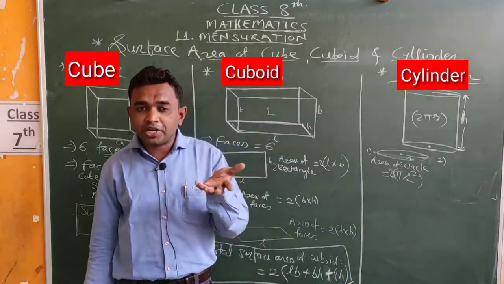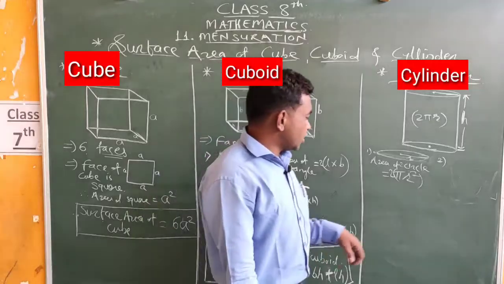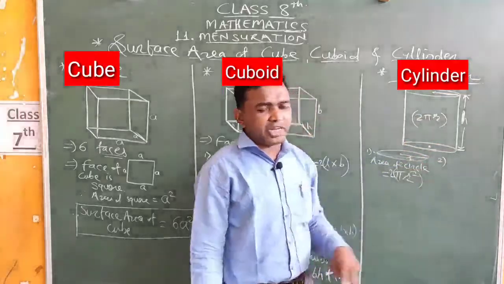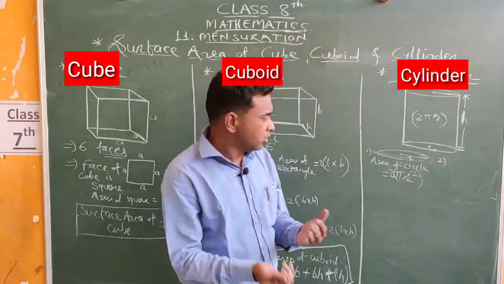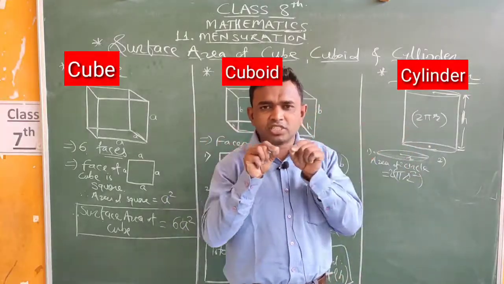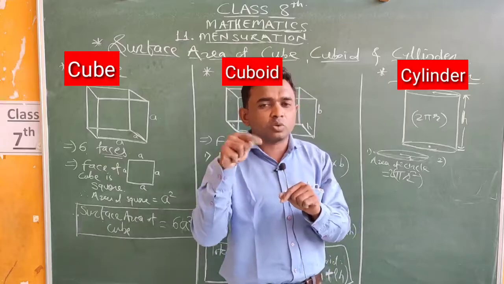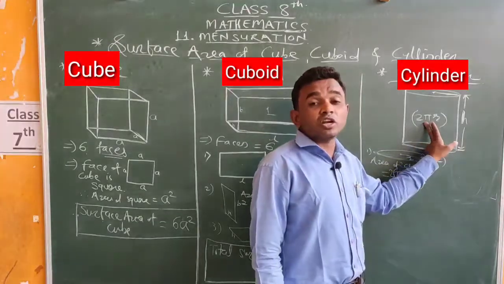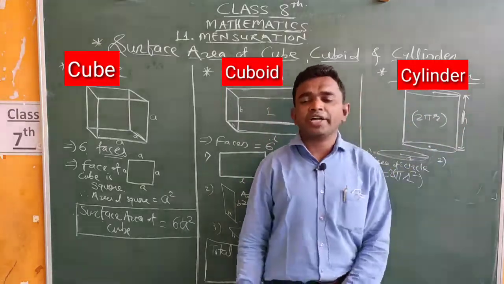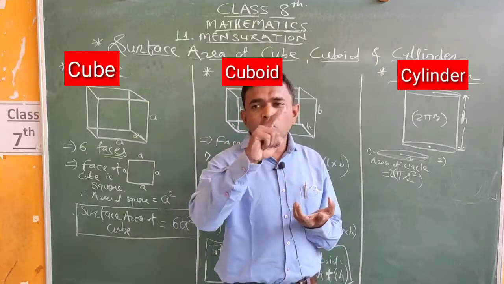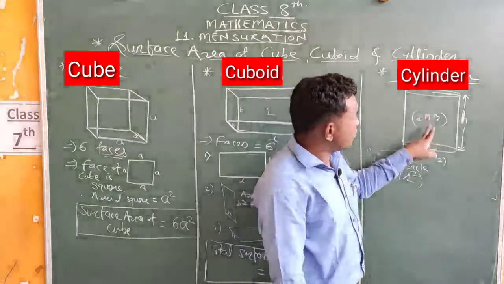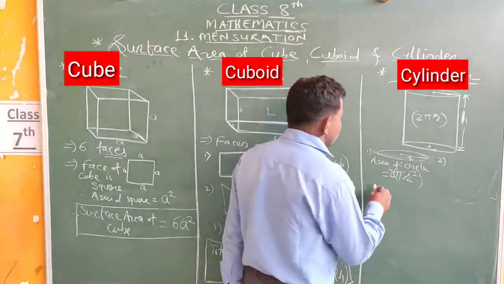Means when we find out the total surface area of a cylinder, we consider the area of the two circles, because a cylinder consists of two circles, one at the top, second one at the bottom, and the middle portion is rounded in shape and its curved surface is important for us. To find the total area we must find out the circumference of a circle, but this circumference of a circle with height, because one circle, another circle, and all these circles are joined to form the rectangular middle part. So to find out the total surface area